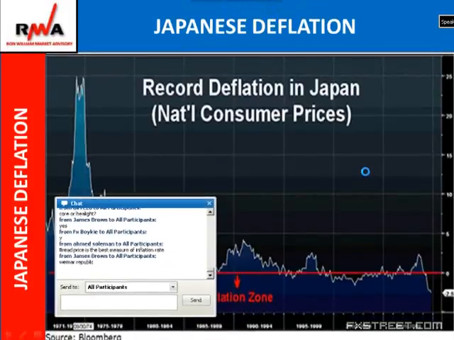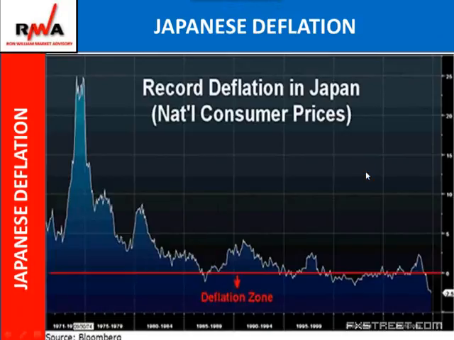So here's a quick example of Japan over the last 20 or 30 years with a record deflation. This is definitely one of the things that the central banks in the US and in Europe were very concerned about. Probably the top problem and risk that they were worried about is the 1930s style depression, which is the next stage after deflation. But this is just a quick chart showing you how Japan is probably the most recent best example of a country which spiraled into deflation